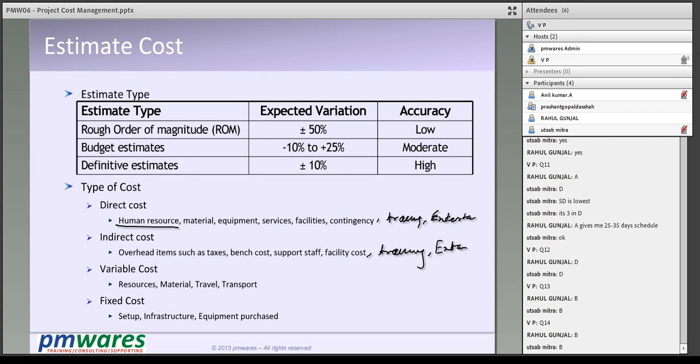Now what is the indirect cost? Indirect cost is the cost of the surroundings which help this project to execute. For example, there are managers, there is helping staff, there is a support staff. The manager which is not directly working on this project, like the project manager and the manager of the project manager. Now the manager of the project manager does not come fully on this project, right? It is basically a support to the project manager, an oversight role, and therefore the manager of the project manager comes into indirect cost.